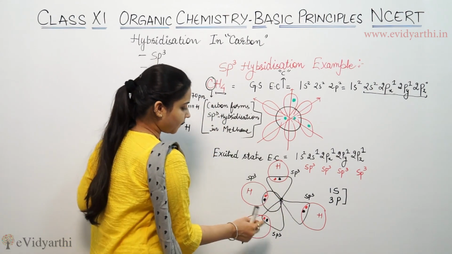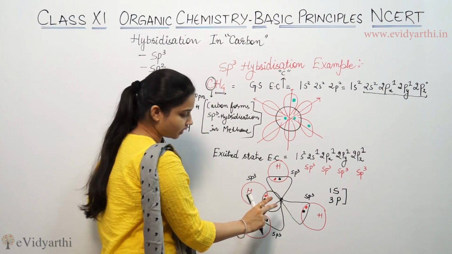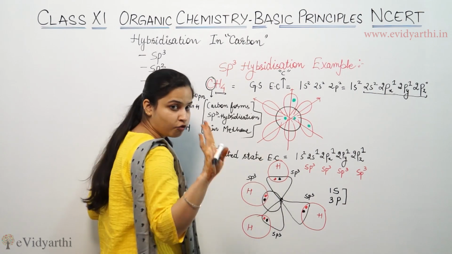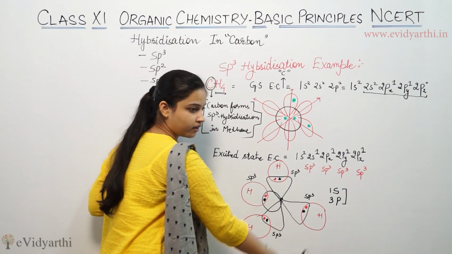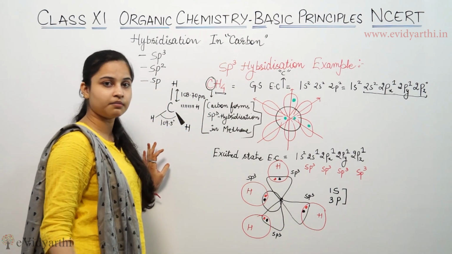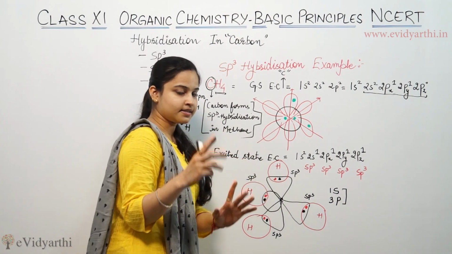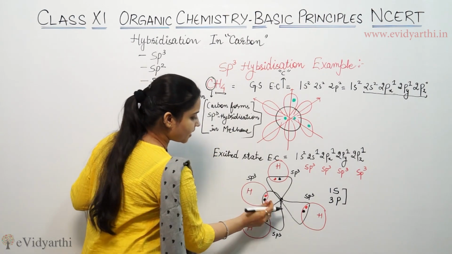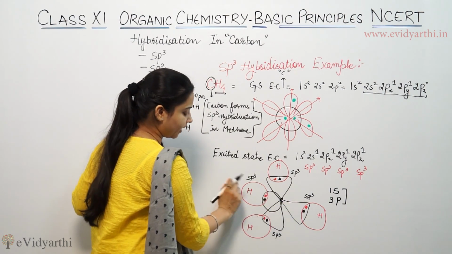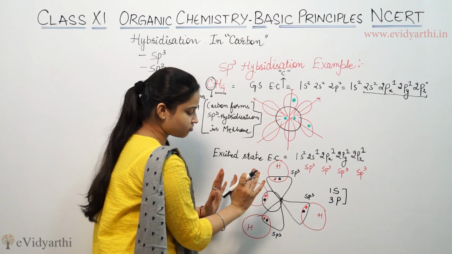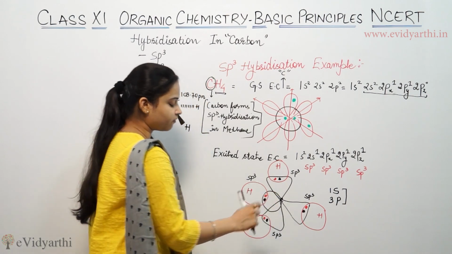Now, we have carbon with one spherical s orbital and three p orbitals. We have four hydrogen atoms, each carrying one electron. They will hybridize with the 1s and 3p orbitals of the carbon: the s orbital, then one p, another p and the third p orbital. So the hydrogens approach and merge with the 1s and 3p orbitals of carbon, and what we get is sp3 hybridization, forming methane.